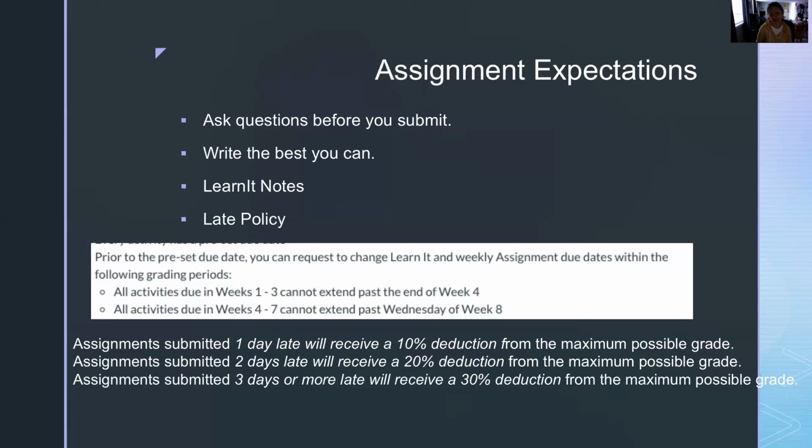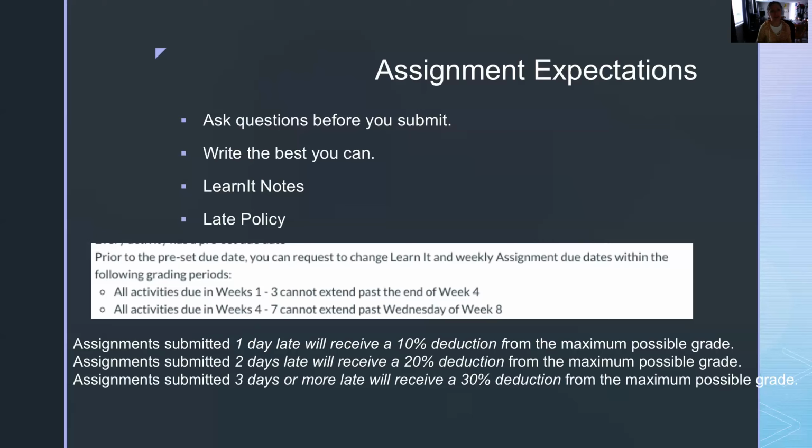Next, let's take a look at Learnits. You have Learnits in this course. In general, they take about 2 days to completely finish. I would highly encourage you to take notes on your Learnits, and if I haven't already, I'm going to be posting about a 10-minute video on how to take notes. If you've never done that before, there's something that happens when we use our hand to write in the intake of information that helps get it solid. And then also you have this nice little study guide for yourself, so that when you go to answer or fill in the blanks for Learnit, you don't have to just remember it. It's written down for you, and you can click through those a lot faster.